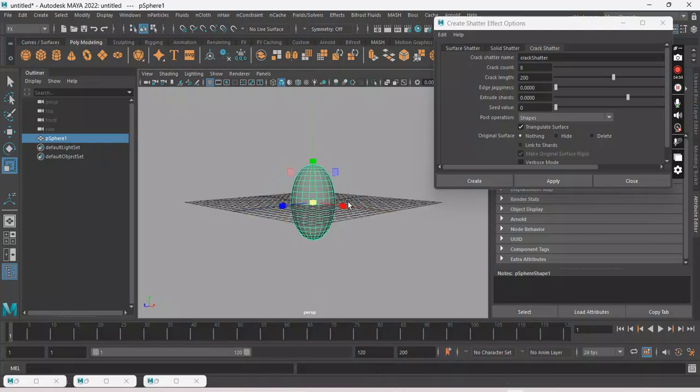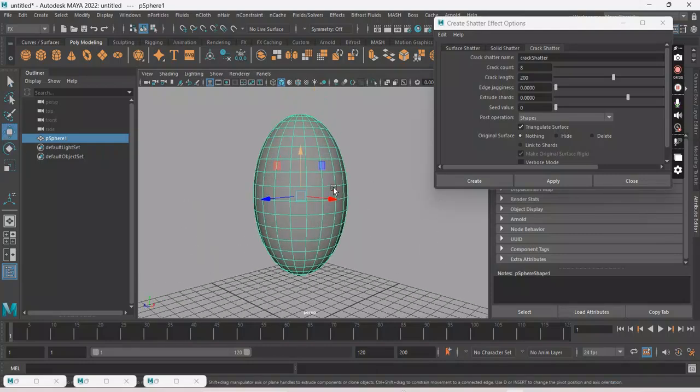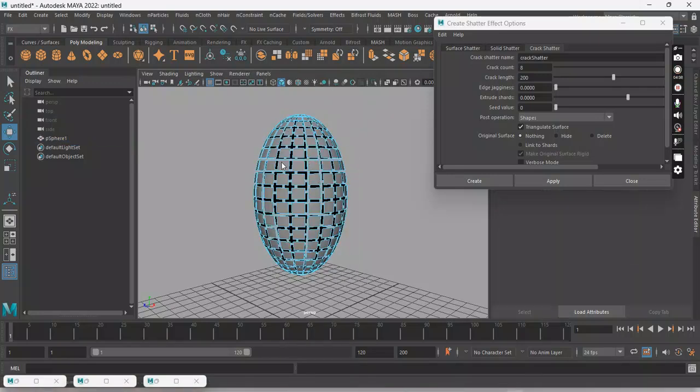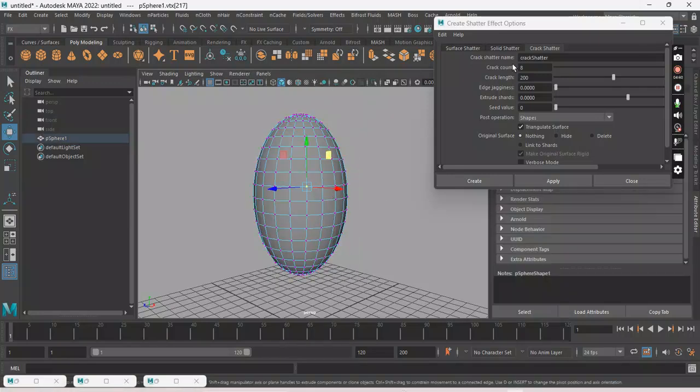For this, the approach is you have to select one vertex, select the crack and the number of cracks, and just create. Wait for a moment to crack this. After this cracking, the original sphere will also be sustained, and the duplicate, meaning the cracked one, is also sustained. The condition before you apply the gravity is